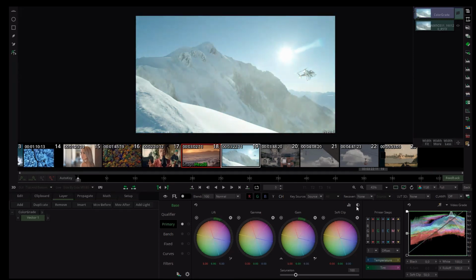But now we have organized all the buttons. So instead of having a huge amount of buttons there, put in a small space, we have organized them in a much more visual way. We have the RGB, the cyan, magenta, and yellow, then the different steps, and the different ways to control the printer: offset, contrast, black, and white. A great thing, and this is a new functionality, is that we have included the temperature and the tint